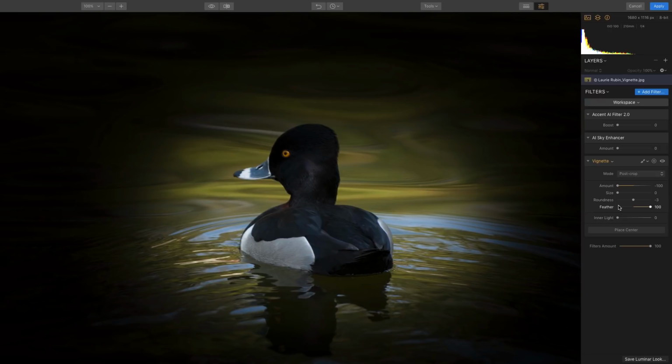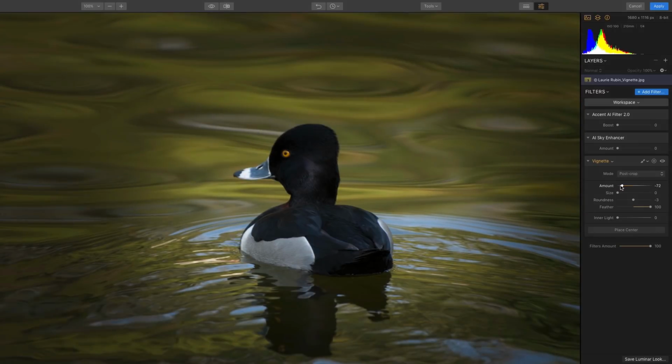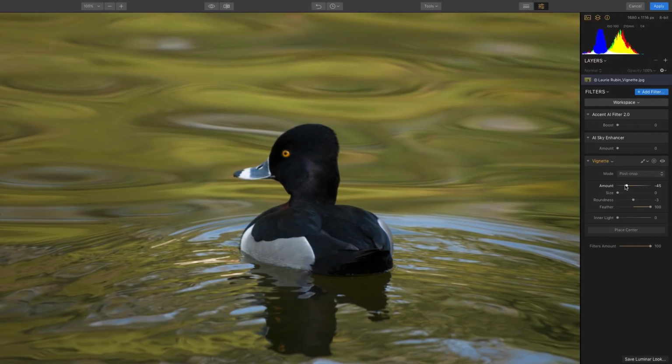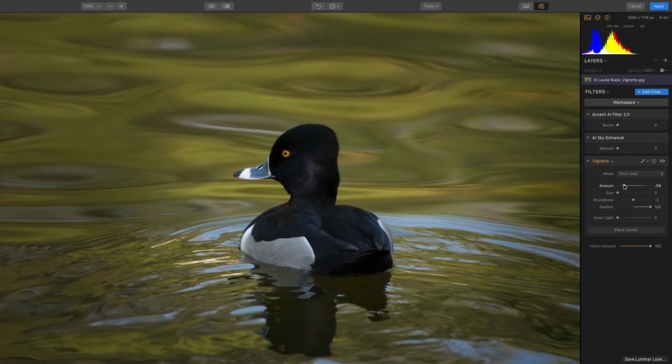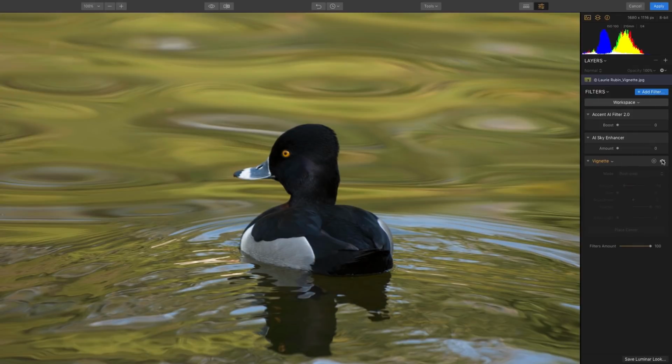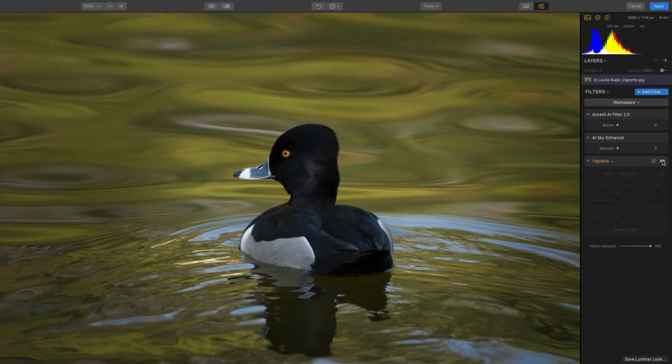Next step is we're going to go ahead and pull back that amount slider. Remember how we moved it all the way to the left to see all the effects? Now we're going to move it back so that we just see a slight vignette around the edges. Be sure to turn your before and after visibility icon on and off so you can see what the effect